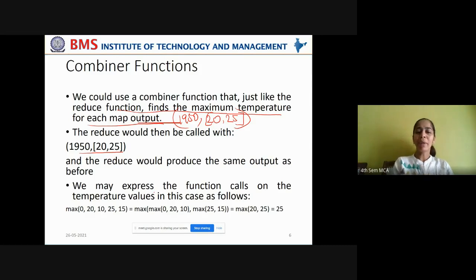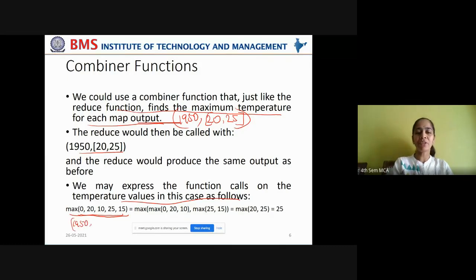Got it? Now we may express the function calls on the temperature values in this case as follows. Say in this case, the maximum has to be calculated. Now, if you don't use a combiner function, what will happen? It has to first group all the values belonging to a specific key, say 1950.